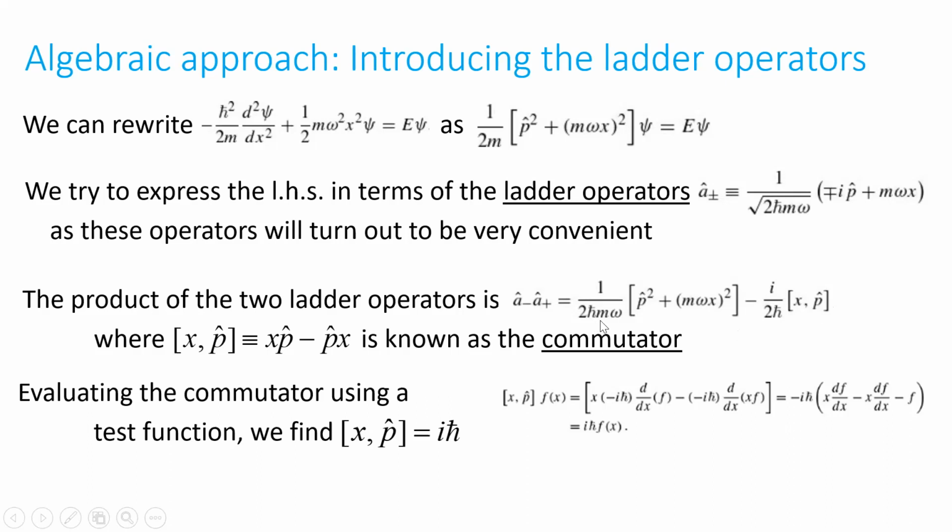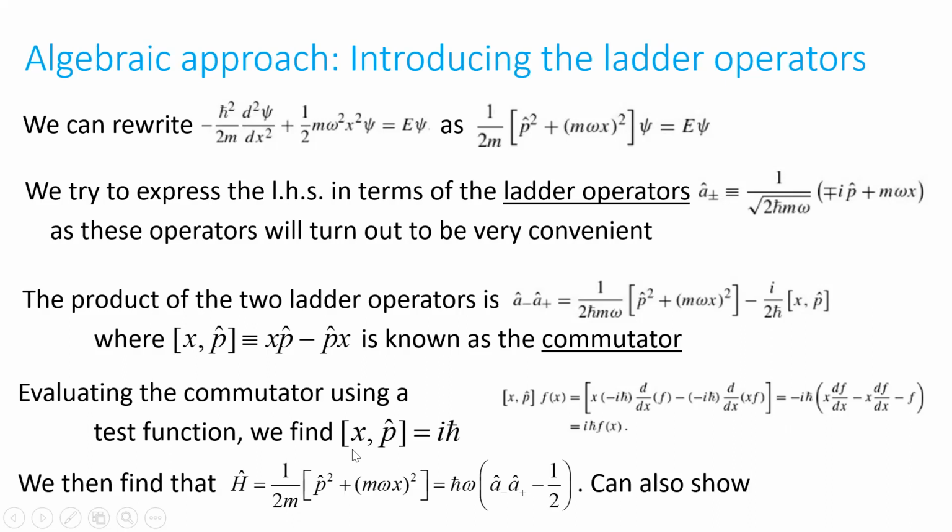And then we can multiply through by h bar omega. And what we'll be left with on this side is the p squared plus m squared omega squared x squared over 2m, which is what we're interested in. And that's equal to h bar omega times a minus a plus minus 1/2. Okay, so we've just shown that the energy operator, or the Hamiltonian operator, which we rewrote as